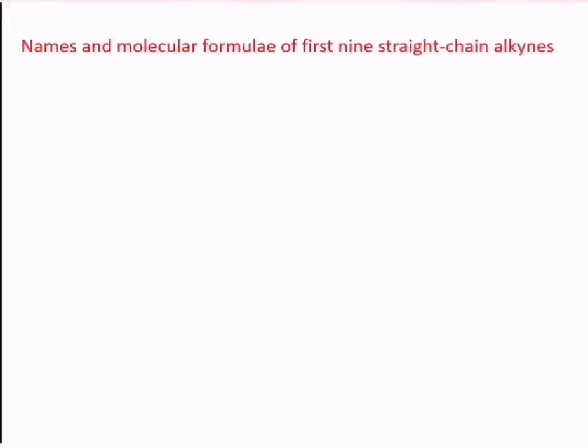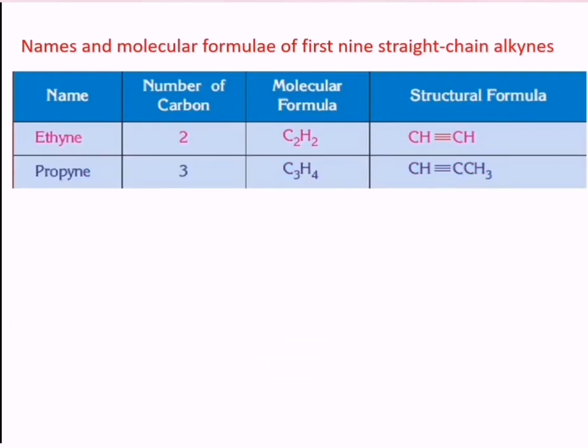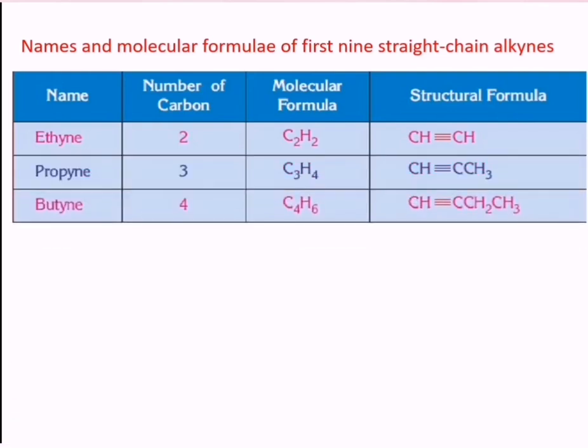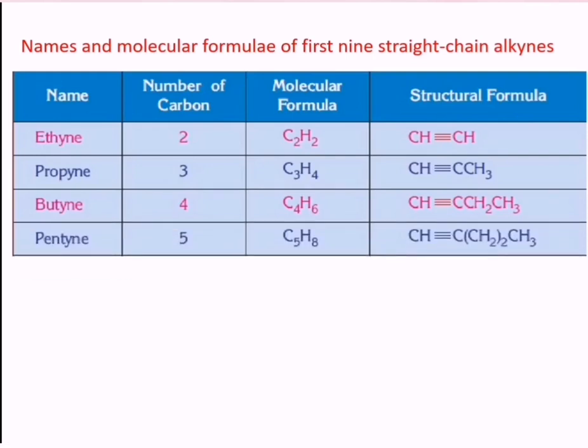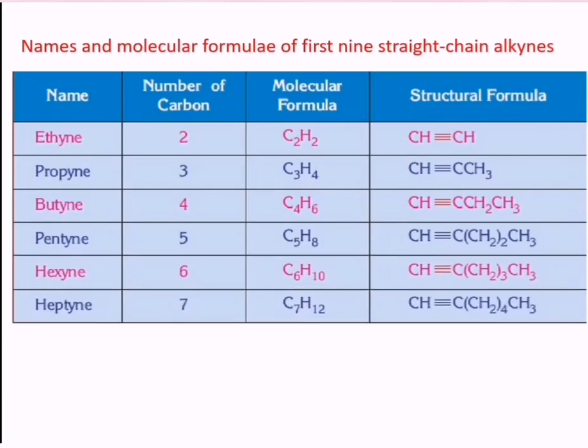C10H20. The first 9 straight chain alkynes are ethyne, C2H2, propyne, C3H4, butyne, C4H6, pentyne, C5H8, hexyne,